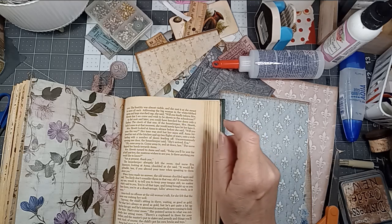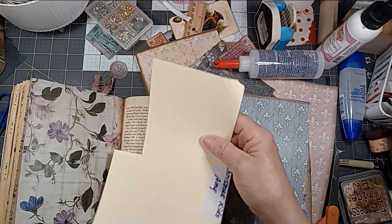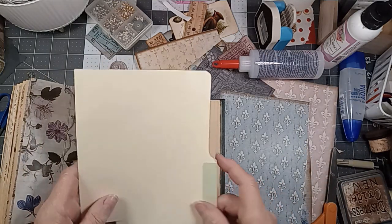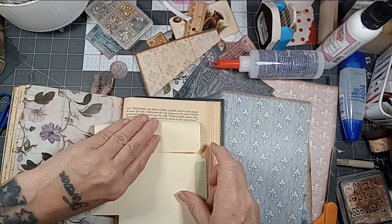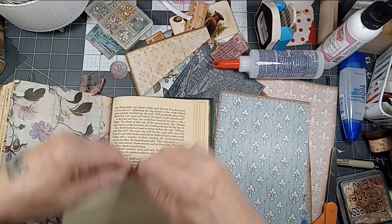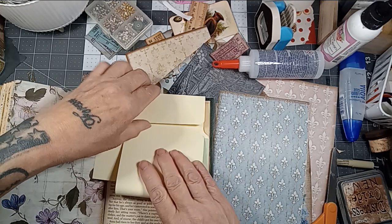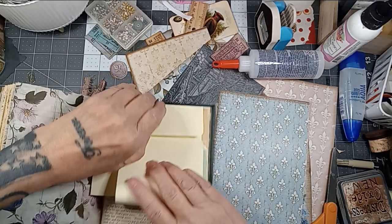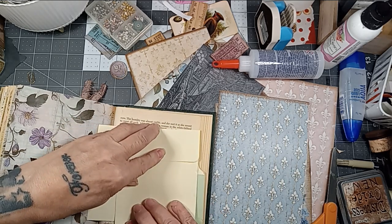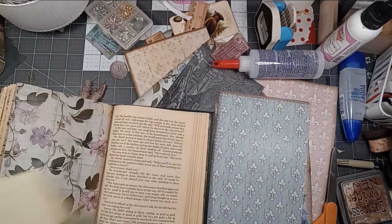So I'm thinking I'll make some kind of a, let's see, this is good on both sides. I want to make a little thing like this. I'm just going to do it. I don't know what I'm doing, guys. And maybe up inside, like this. And I'm going to get rid of this. Let me...